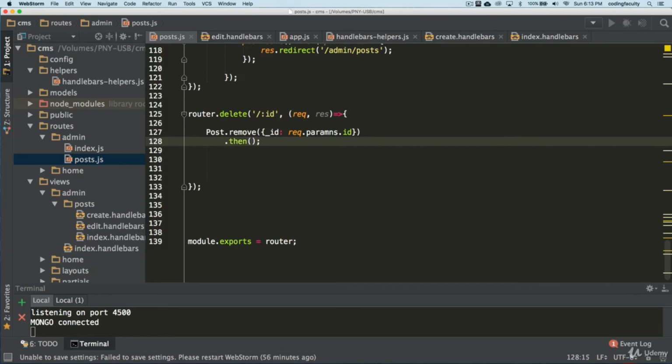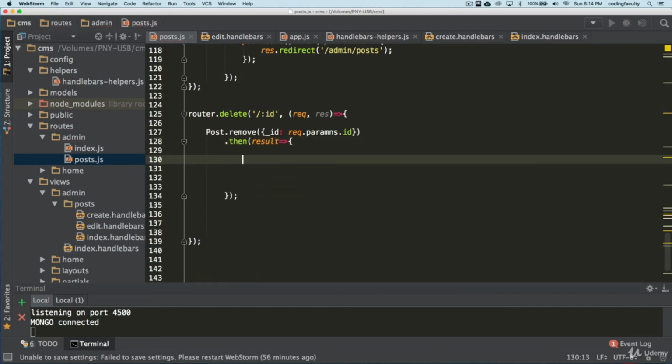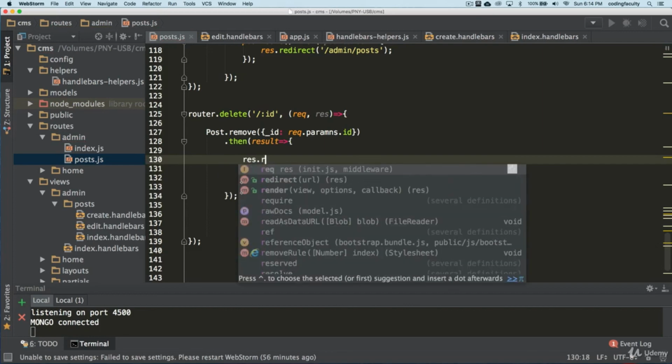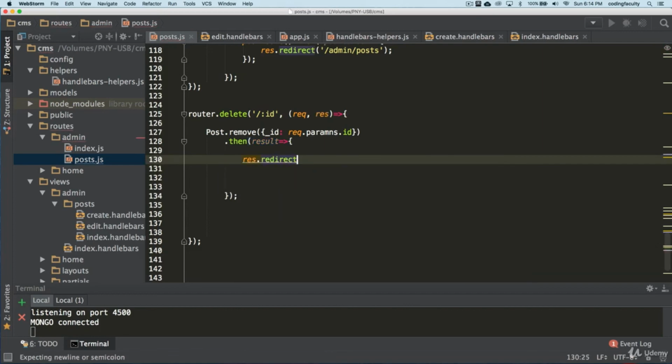Keep it nice. We're going to get a result here, and then we can just redirect. Where are we going to redirect? Well, we are deleting it, so let's go to admin posts.